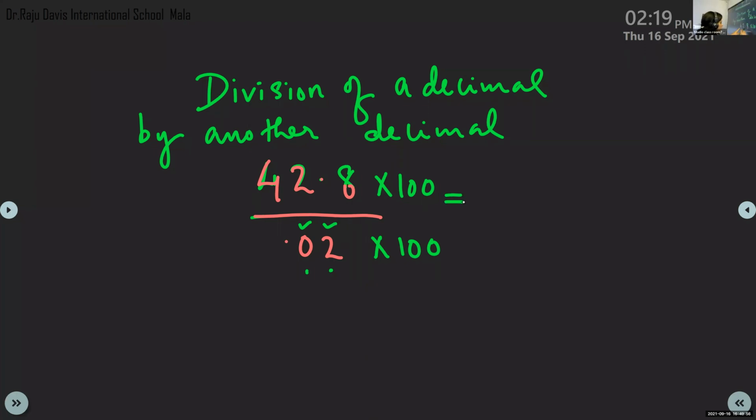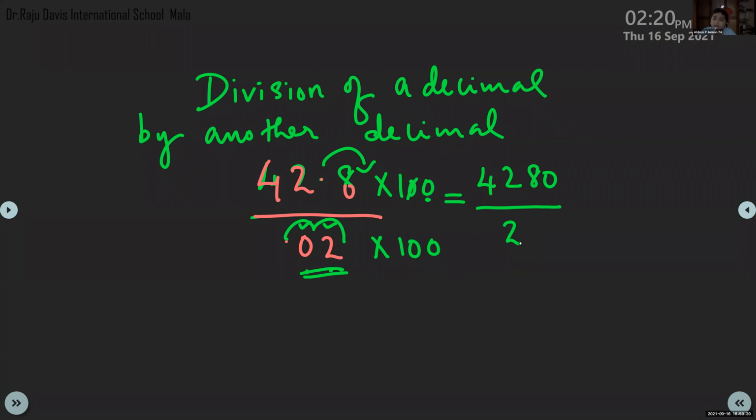Like that, if you multiply this number with 100, what is the result? 4, 2, 8, then 0. Then divided by this one, you multiply by 100. Only 1 zero. Why are we not adding 2 zeros? For 1 decimal place, it is jumping front. So 1 zero gone, then remaining only 1 zero. Oh, decimal multiplication you forgot. Then how can we write this? 4280.0. Isn't it? So 2.0 or 2.